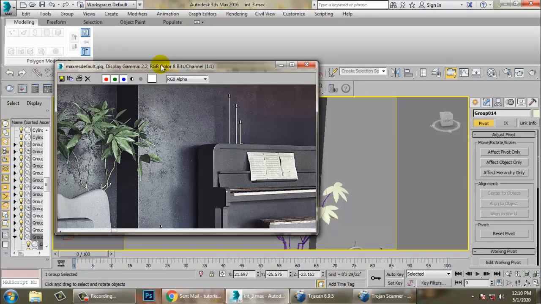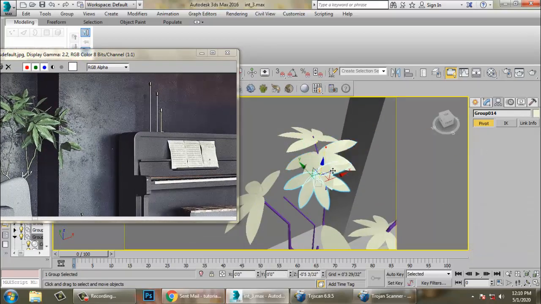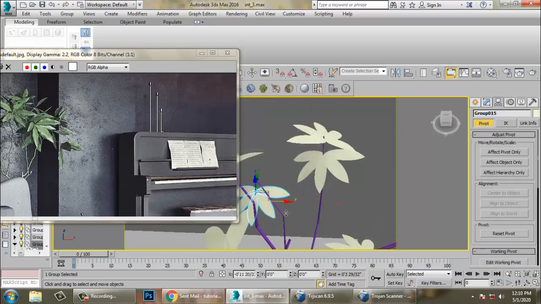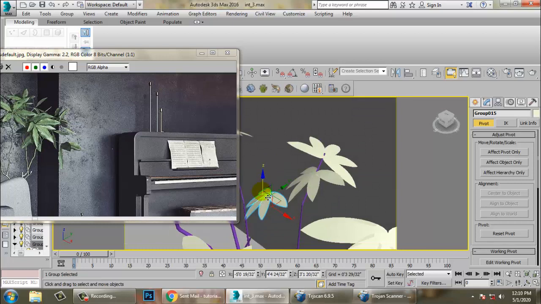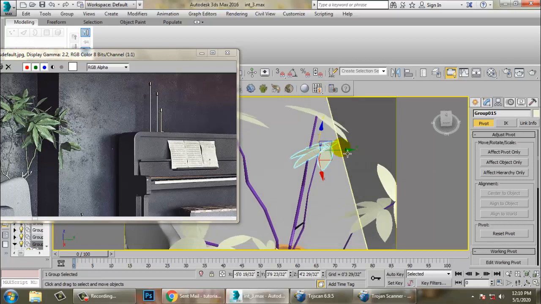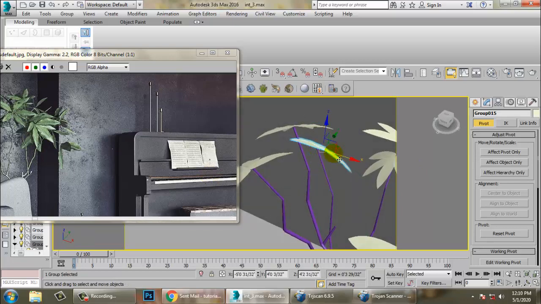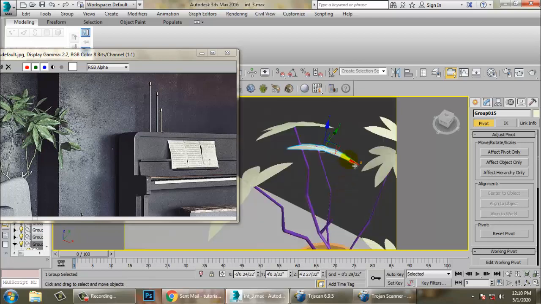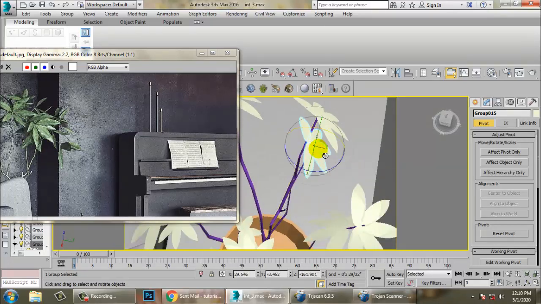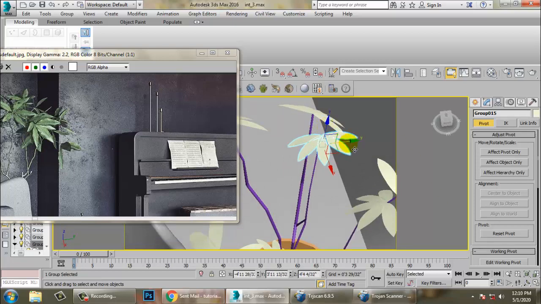Alright. I'm just making a few of the duplicates over here. Just go on rotating it. Alright.